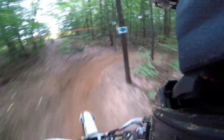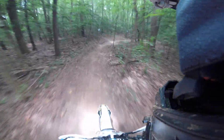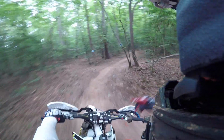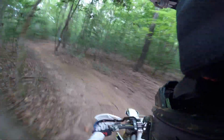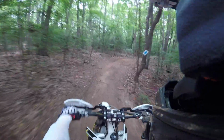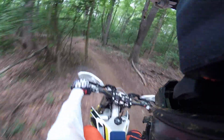Yeah, man, the front end is so light. Wow. I honestly thought I was going to put the air forks on the XCW and call it a day, because I'm all about saving weight. I really like that light front end. But I think what I noticed today,